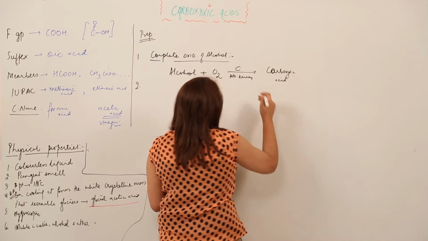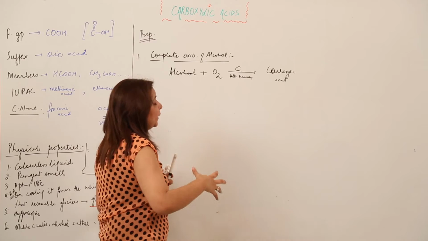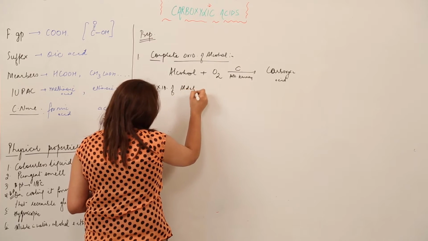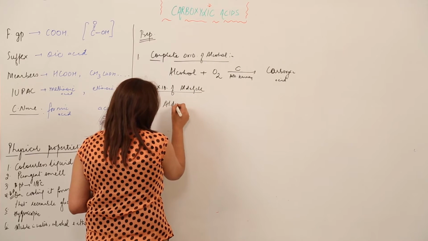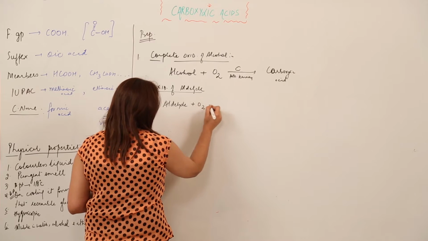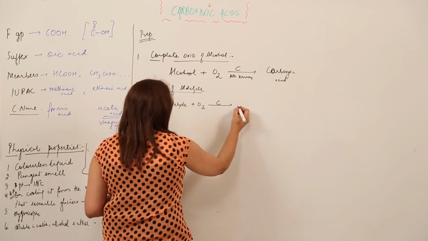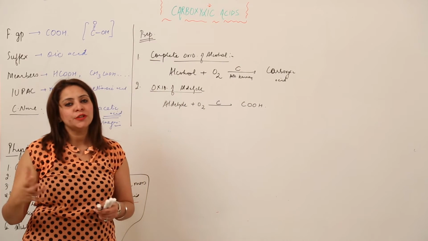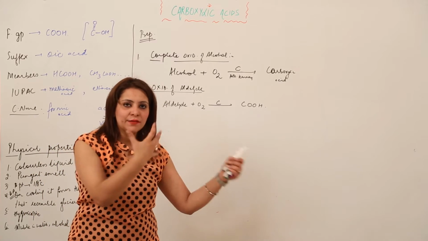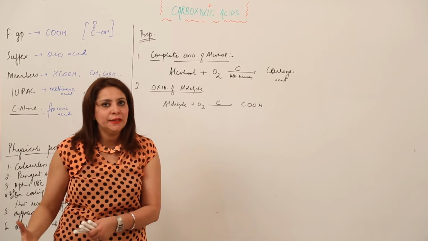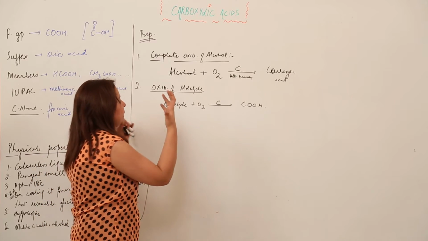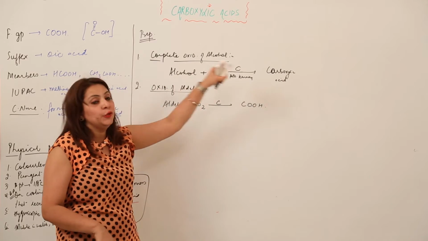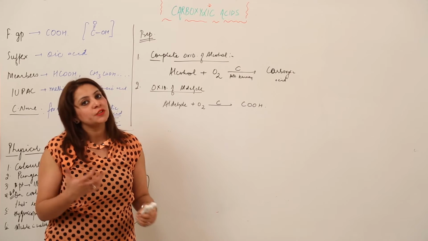So this is the first method by which we can prepare carboxylic acid. We can prepare it by one more method, by the oxidation of aldehyde as well. Again we take an aldehyde, we add oxygen, and in the presence of a catalyst it will form carboxylic acid. As you know, in most of the reactions in this chapter the word root in the product is the same as in the reactant. So if I start with methanol, obviously I am going to get methanoic acid. If I start with ethanol, I am going to get ethanoic acid. That means the word root just remains the same.